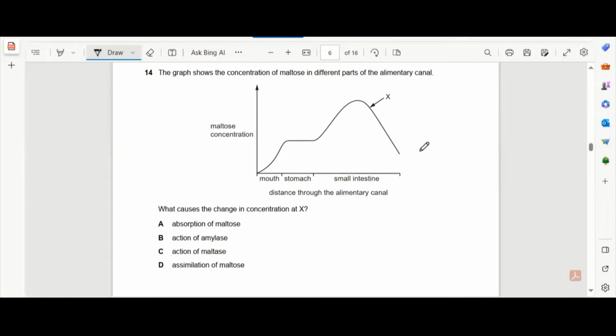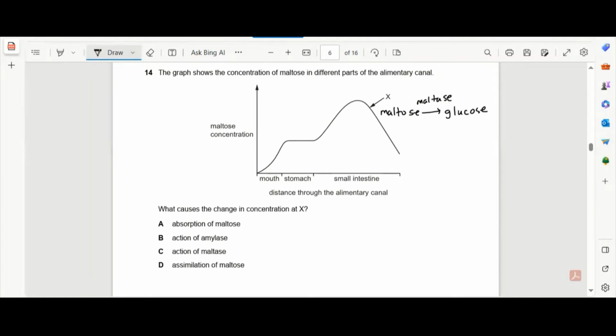Number 14, the graph shows the concentration of maltose in different parts of the alimentary canal. What causes the change in concentration at X? We know at the small intestine the maltose is broken down completely. Maltose is actually broken down to glucose, and this is caused by maltase. The enzyme's name is maltase. So